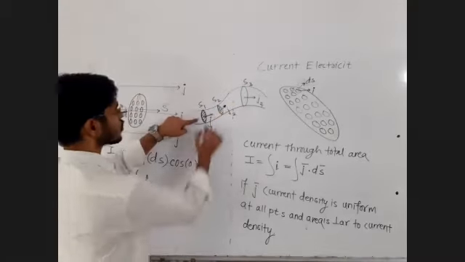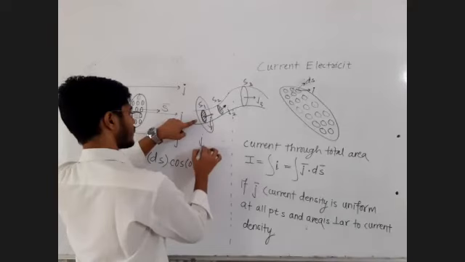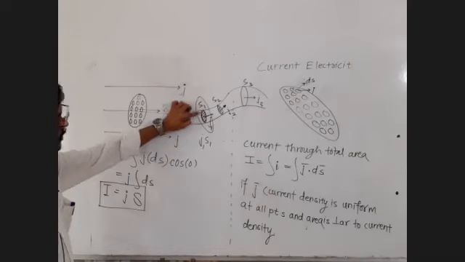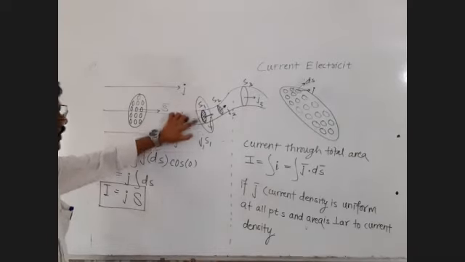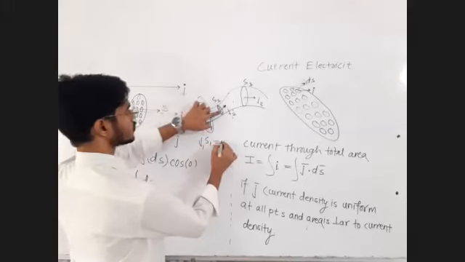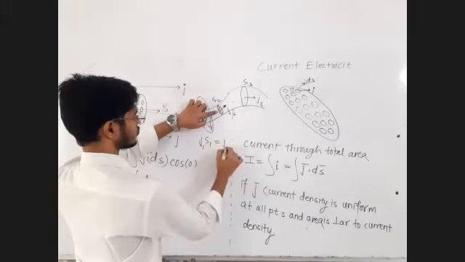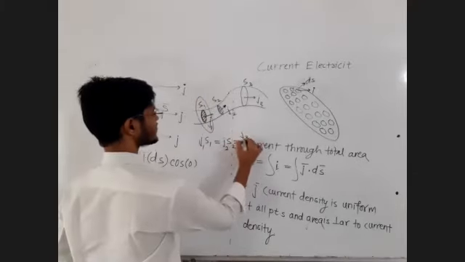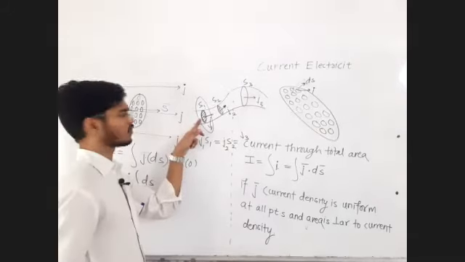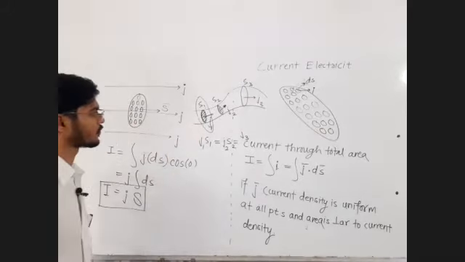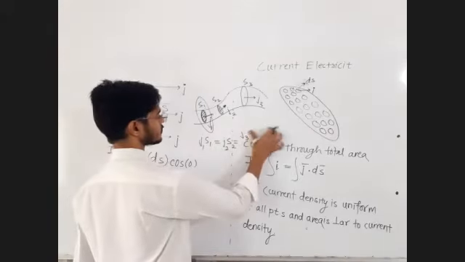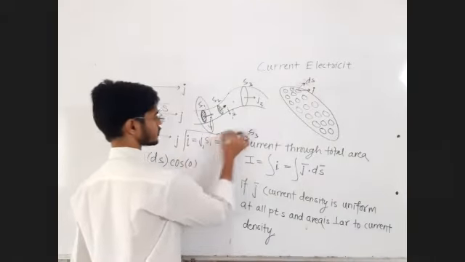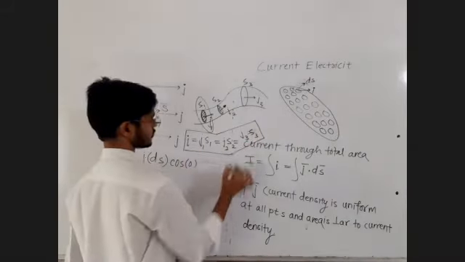Okay, so current which is present here, yes, you can write J1 S1. So yes, you can say that over this cross section J1 is uniform. So J1 S1 is the current at this cross section, must be equal to J2 S2, must be equal to J3 S3. It is just like A1 V1 equal to A2 V2 equal to A3 V3, because that is the current, and current must be same at each cross section. Is that okay?